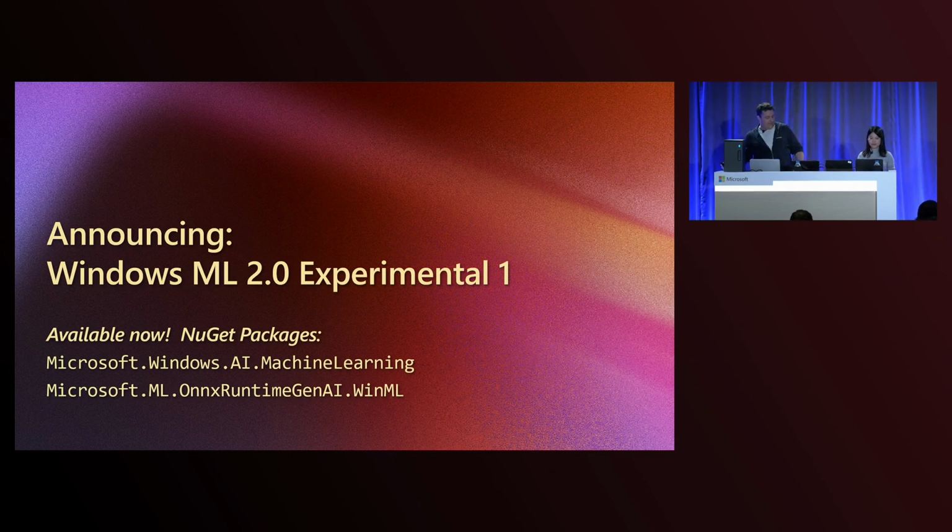We're announcing Windows ML 2.0 Experimental 1. If you're familiar with the nomenclature of WinApp SDK or how we name things, an experimental release basically means it's not yet ready or meant for production apps. So please don't use it in your production apps. Instead, we're sharing early and open bits with you so that you can download them, give them a spin, integrate them into your apps, and let us know what's working and what isn't working for you, so that we can hone the APIs, hone the vision, add the capabilities you need, and ship a stable GA later on this year.